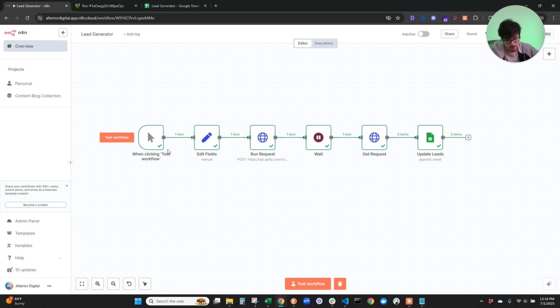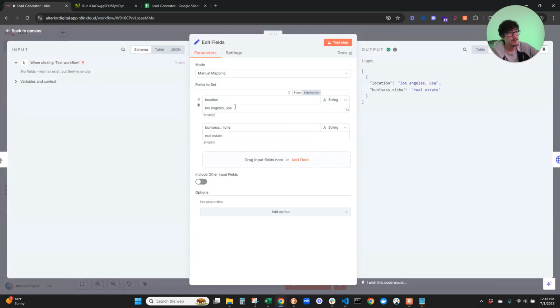Have it connected, whether that's through Slack, through an email, or a trigger, right? If you want LA as your location to scrape every day, but if you want different locations, I would recommend having this as a variable, right? Change it to expression, and then you would want to put the variable there, and you'll feed through